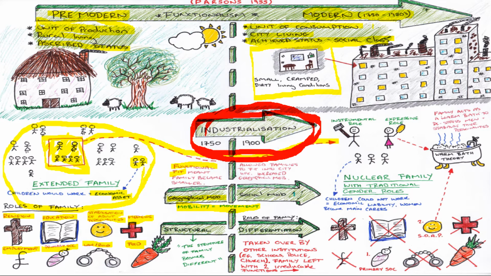I'm just going to change the color of the highlighter to social mobility down here in that middle arrow. So what happened was, in the previous family where we had an ascribed status, where we were born as a farmer and that's what we were going to be, in the city we had achieved status. We would become a worker, and we could work our way up the hierarchy of the factory or the industry or where we were.